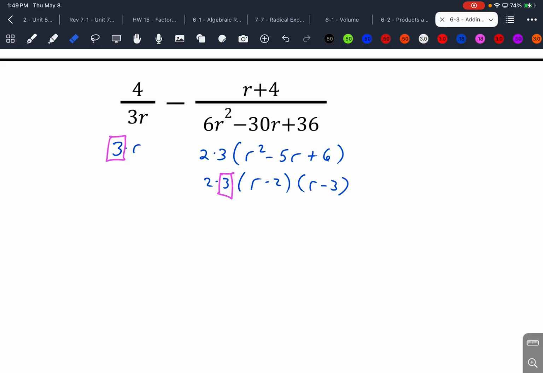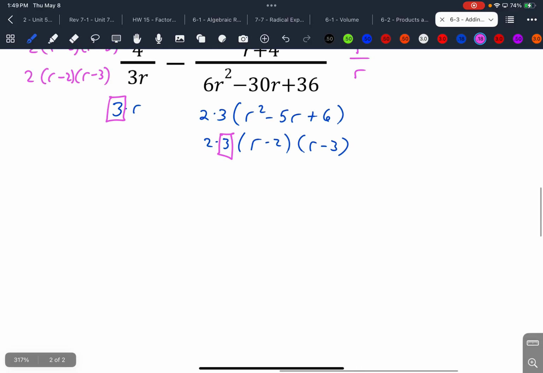I was hoping that would be more helpful. But what do we need to multiply over here by? We need to multiply this by r over r. We need to multiply this by 2 times r minus 2 times r minus 3. And what we'll end up with is,